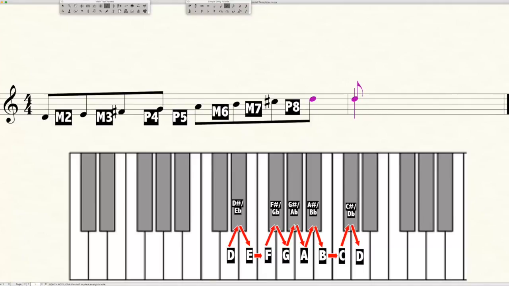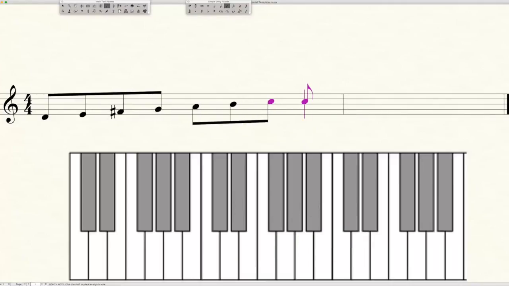Now, it's very important that you not only just write in these intervals, but that you hear them. You hear the distance between D and E and D and F sharp and D and G and so on. It's very important that you train your ear to hear these distances so that you can recognize and identify these scales by sound. So let's do one more scale. Let's do a flat scale. And this time we're going to get a little bit trickier. We haven't done something this involved yet, but I actually want to start us